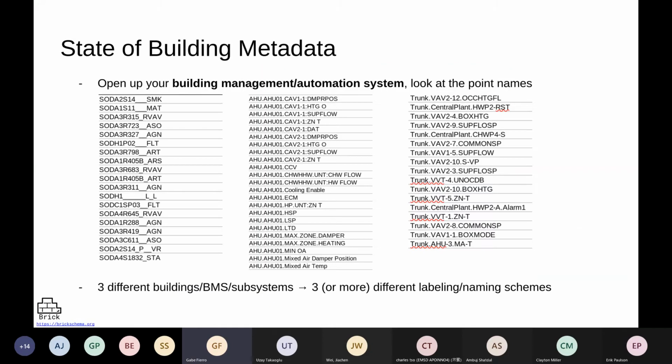The way these points are typically described today is with ad hoc labeling and naming schemes that some engineer had to put together when the building was commissioned. There's really no rhyme or reason or standard for how these labels are put together. So what Brick aims to do is bring regularity and structure to this, and allow the contextualization of these data sources beyond just a simple human-readable label, and actually produce something that can be understood by a machine, that can be checked and verified, and can be incorporated into tools without having to worry about what that naming scheme was to begin with.